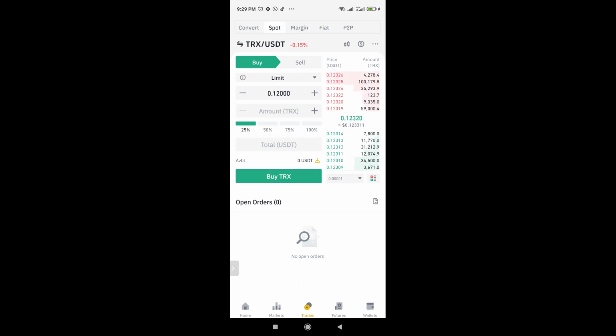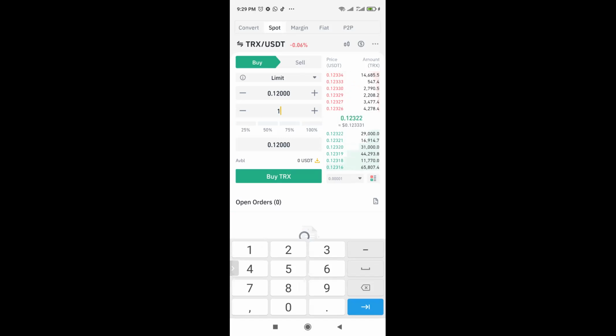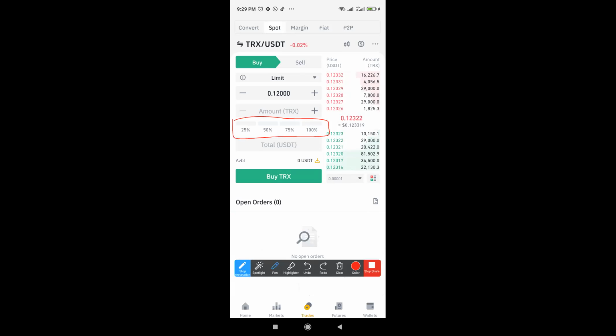If I was clicking here, you should be seeing the equivalent amount of Tron here. Also, this is to choose how many percent of your wallet you want Binance to use to buy Tron.